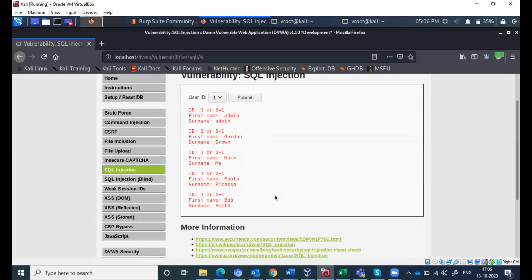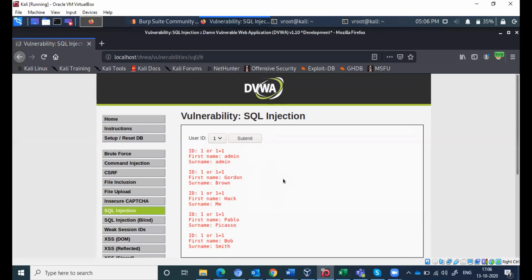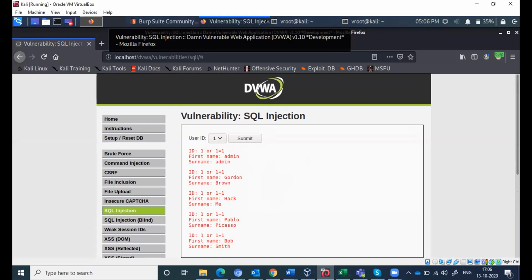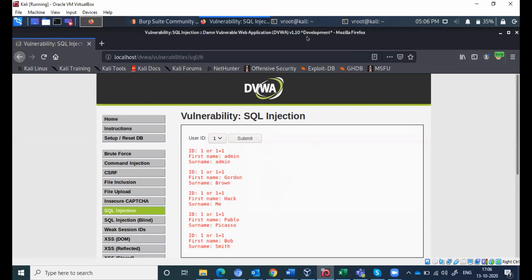So we're getting it. Okay, so what issue are you getting? What's happening? It's open, like it should.